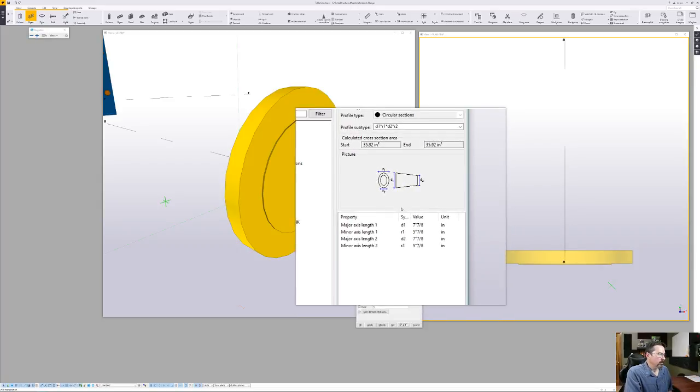So you can see that the D1 and the R1 are the larger diameter, and that the R2 D2